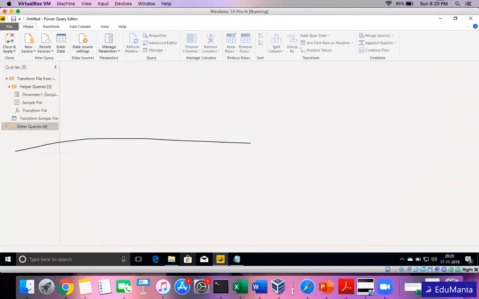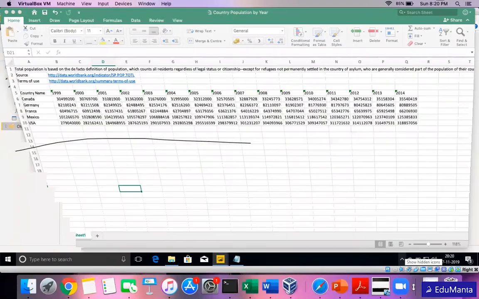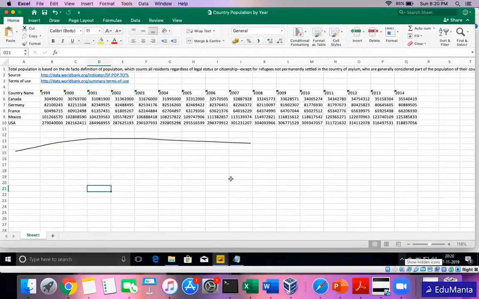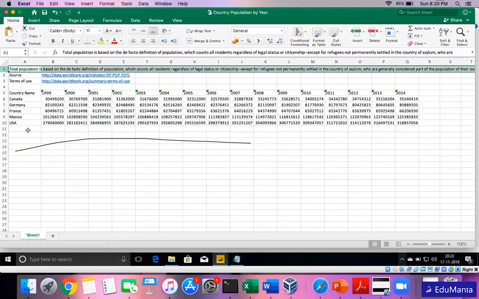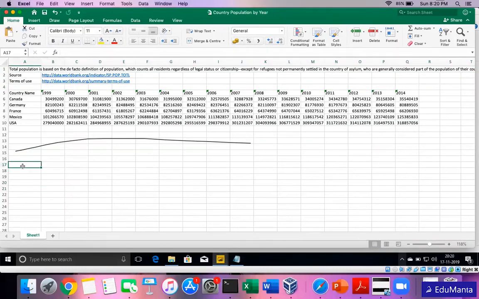For example, the file that we are going to import is this. This is an Excel file that's there, but if you see, it's not properly formulated or properly formatted. I don't need these top 4 columns. And what I need in the report finally is a country column, a year column, and the population. But this is not the format that the Excel has the data in. And this happens a lot in the practical world where the client gives us information which is not in the exact format that is required for reporting purposes.